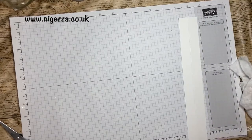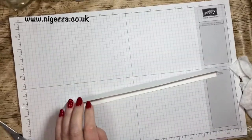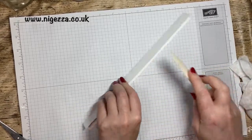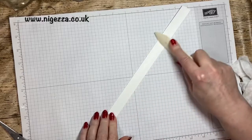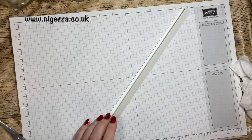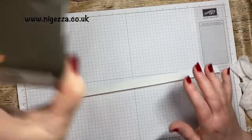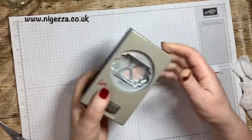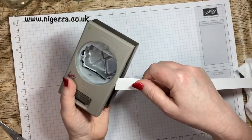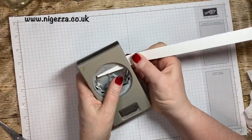I'm going to fold and burnish this strip. I'm saying the reason why I'm not using this is because it's folded over, and I'm now going to use a punch on it, and I fear that the punch will not go through. And then the punch I'm going to use is the Everyday Label punch, and we're going to feed this in with the folded edge to that edge. Push it all the way through,